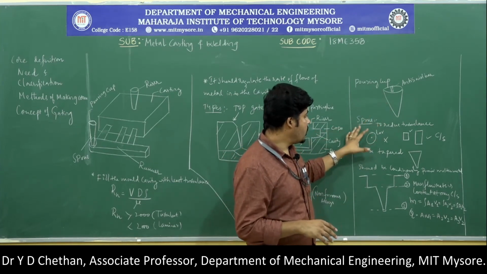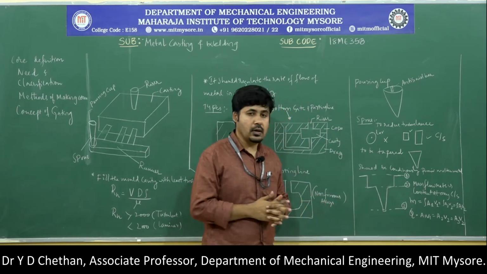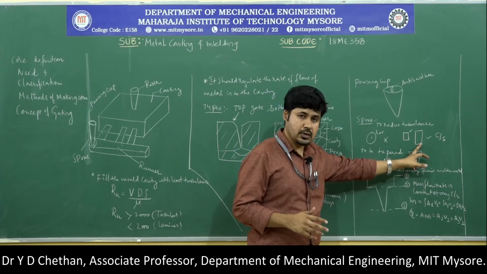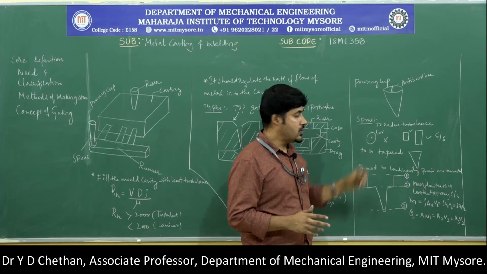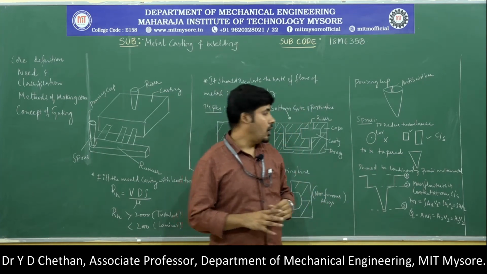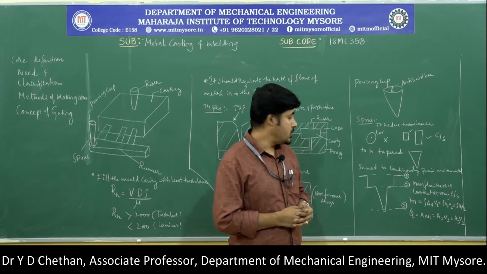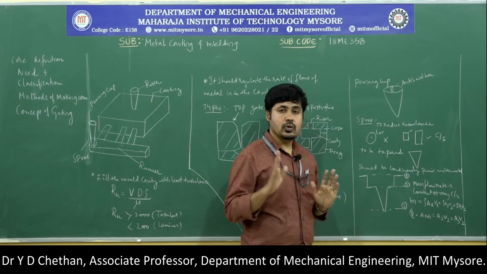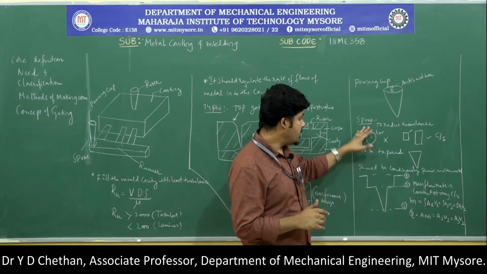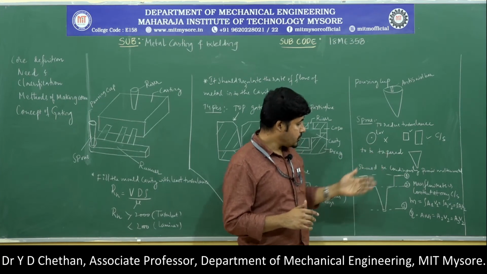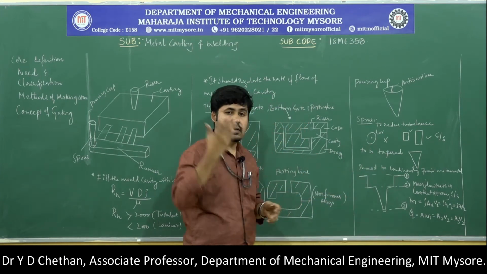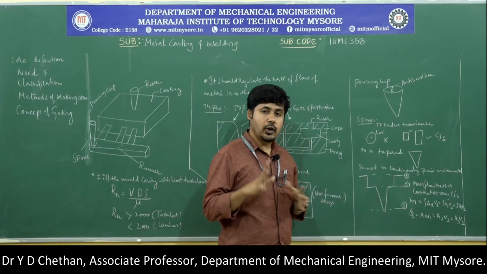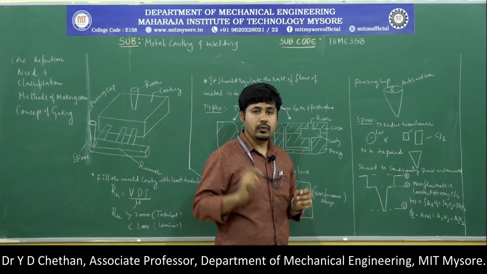The second one is the sprue. The cross section we must consider for the sprue is rectangular or square. A circular cross section of the sprue is not recommended for an optimum casting process. The next requirement is that the sprue should be tapered. That is the second requirement. Then, to achieve continuity in the flow, we must incorporate the continuity equation to ensure the homogeneity of the metal flow.